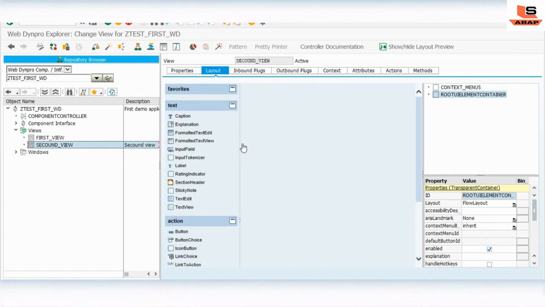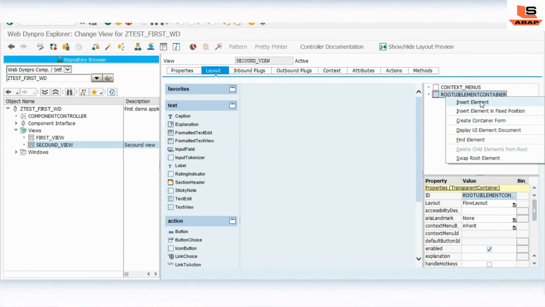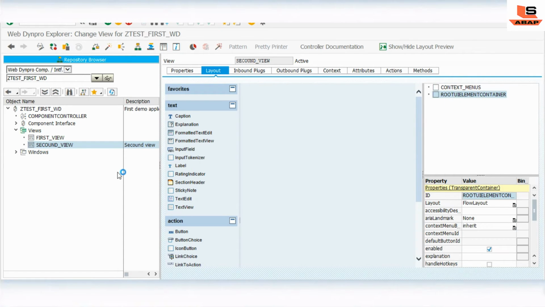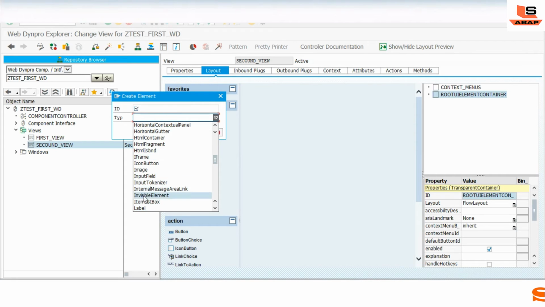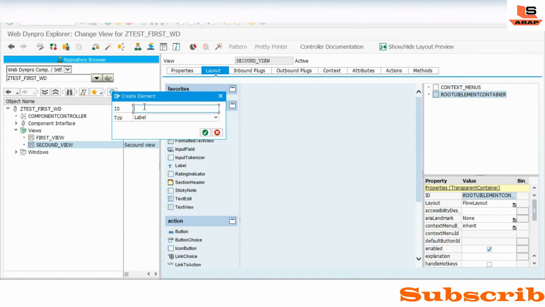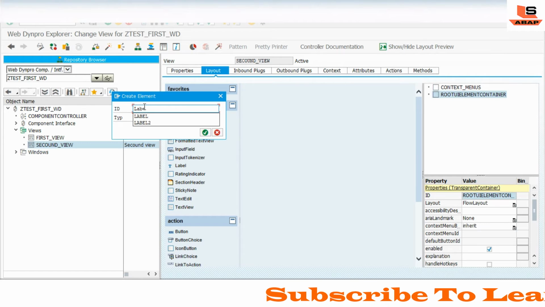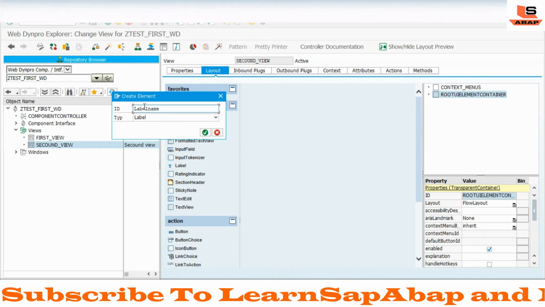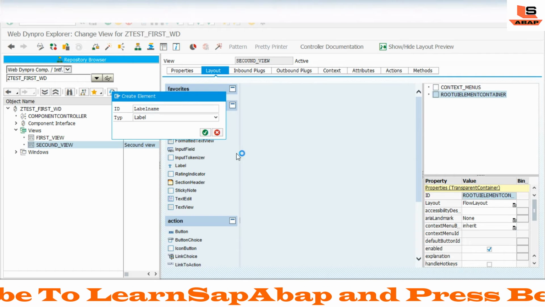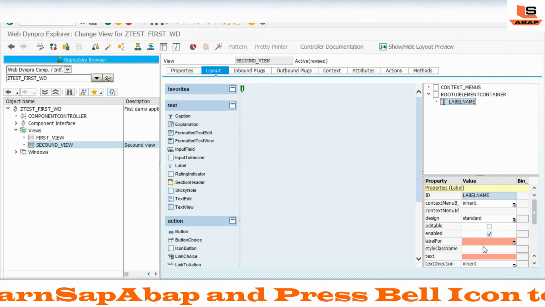Now again we need to design this second view. You can drag and drop from here, otherwise you can just right click on this and use the insert element. What I am going to use now, again first, is a label, and here give the label for name, with the text Welcome.